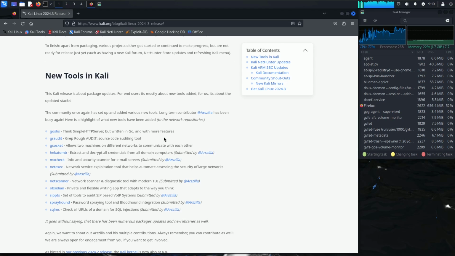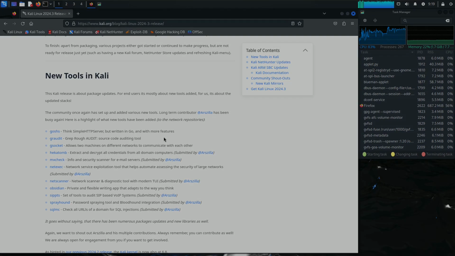And the next one is GSocket for communication between two machines on different networks. And another one is Hecatomb for extracting and decrypting all credentials from all domain computers. The next one is MXCheck for scanning email servers, and SQLMC for checking all URLs of a domain for SQL injections.